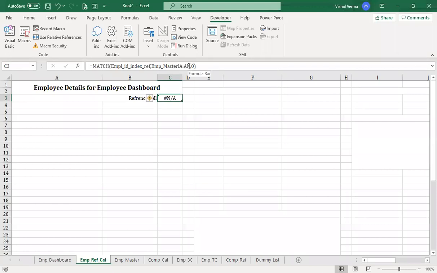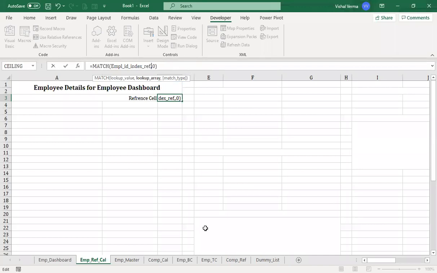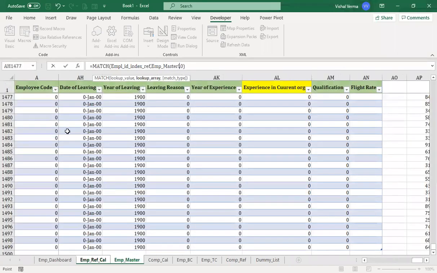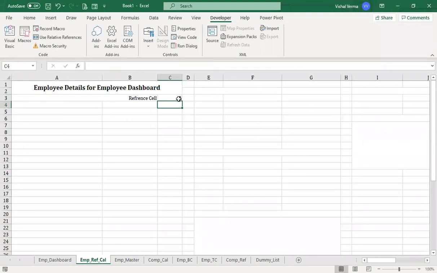There is some calculation error here. Okay, so we got the reference cell 2.